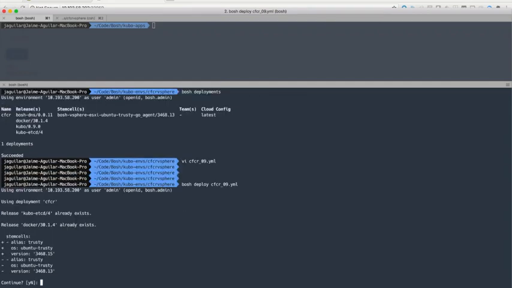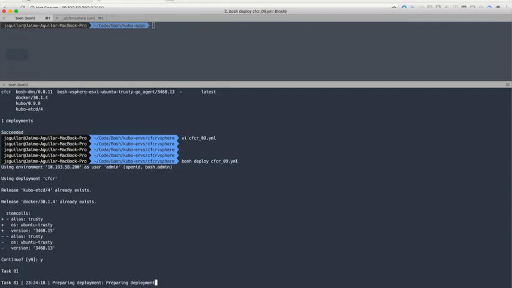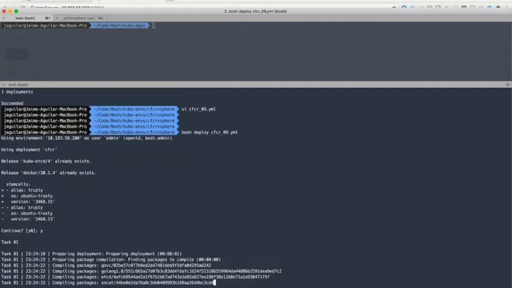And what BOSH is detecting is that this is not a new deployment. This is not a new cluster. We are using the same manifest and the same deployment name. So what it detects is that there is a change in the existing deployment, and that a new value for the version of the Stemcell has been detected. So I'm going to confirm that those are the changes I want to execute. And from this point on, BOSH is going to apply that Stemcell on every one of the instances that we have running. But before doing that, it needs to